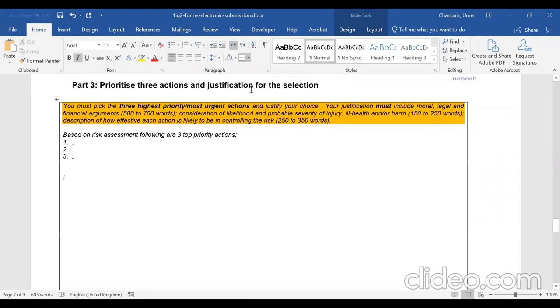Once you did this, then you need to tell how effective each action is likely to be in controlling the risk. That is, once you implement the actions, how the risk will be controlled. If you provided electrolyte solution, if you provided third-party certificate, how the risk will be controlled. Then you need to give them another justification that after having third-party certification for the crane, the lifting